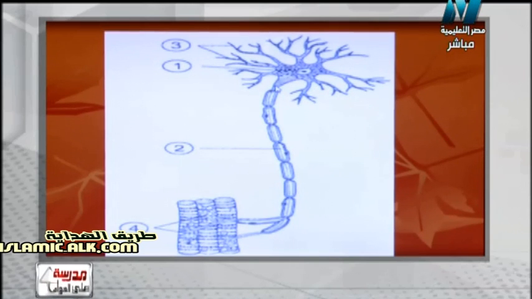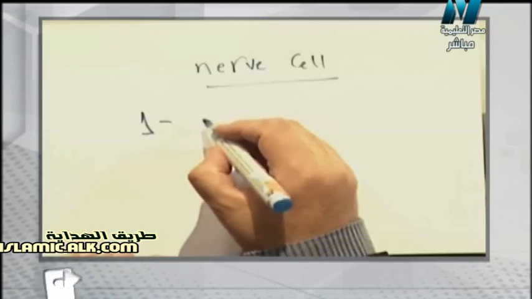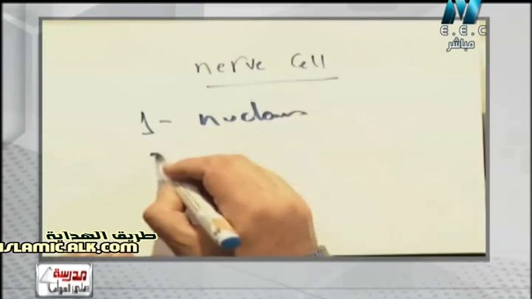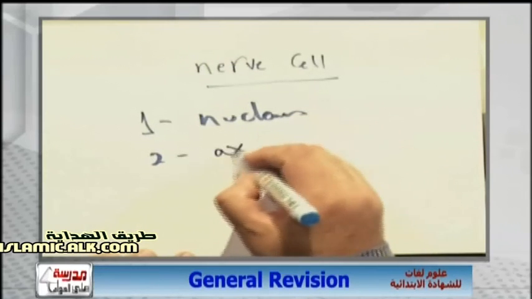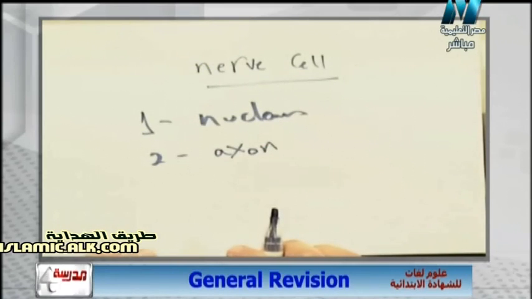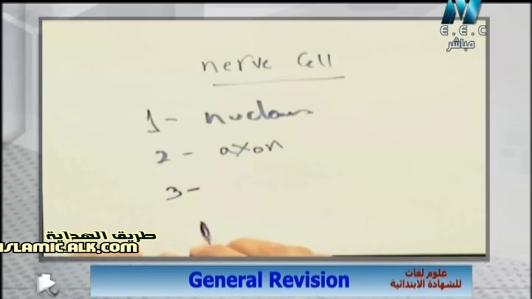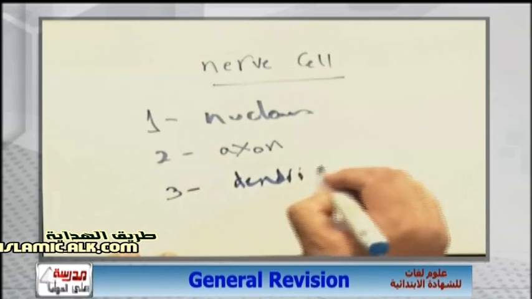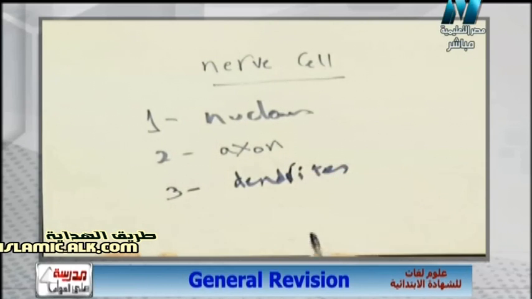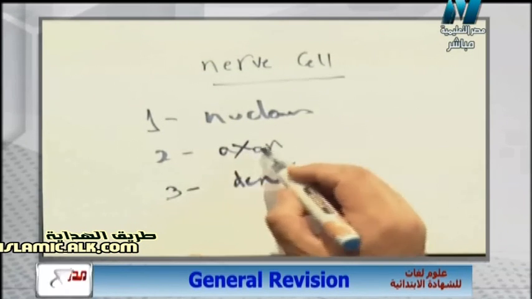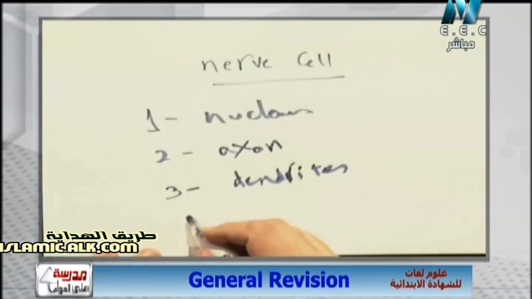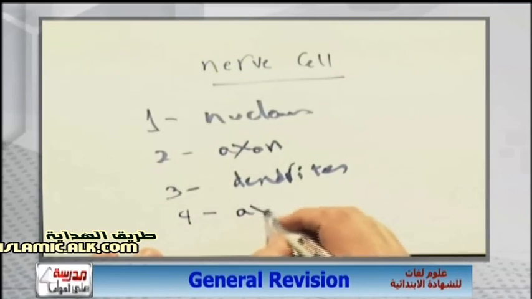So I can write it's the nerve cell. Let us write with us nerve cell or neuron. What about number one? Number one will be nucleus. Number two will be axon. نرجع الرسم تاني. Number one nucleus. Number two will be axon. Number three will be dendrites. وقلنا عليها تفرعات شجرية, and it's very important in transferring the nerve messages between the cells. Number four at last is the axon